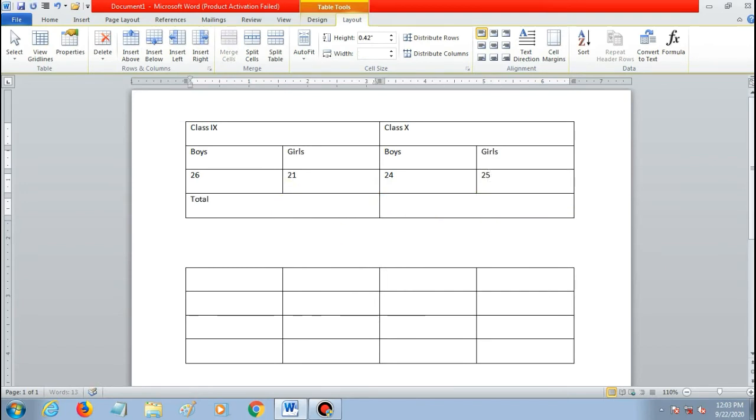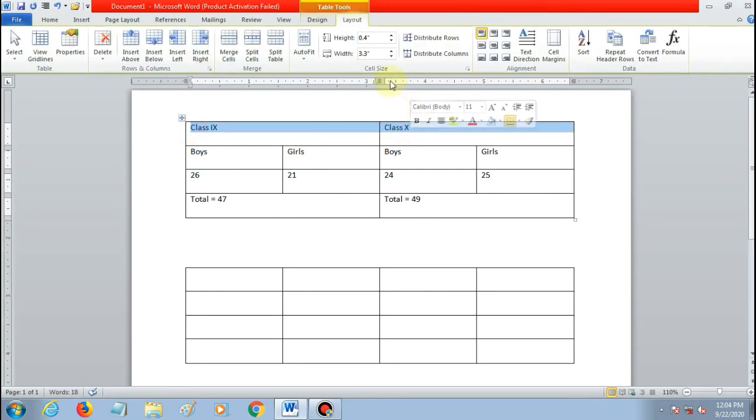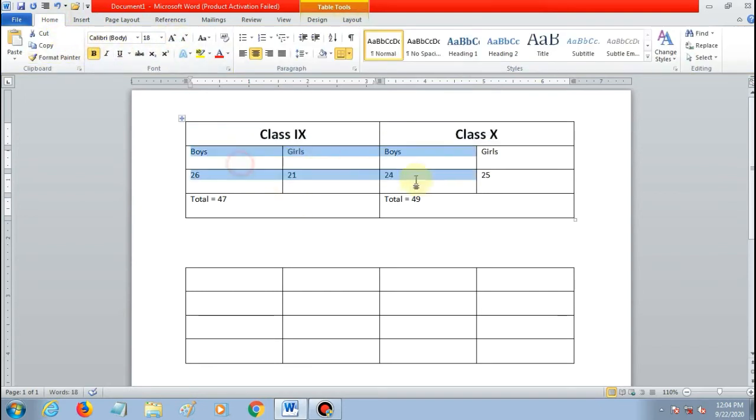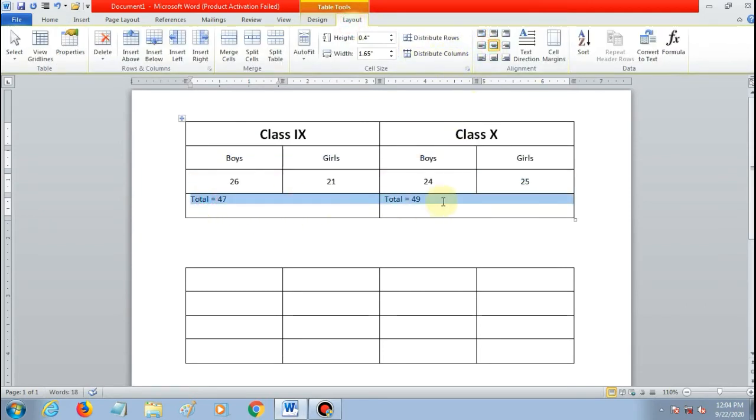Then write total number of students, 47 here, 49. We can align it in the center, then make it bold, increase the size, align to the center.